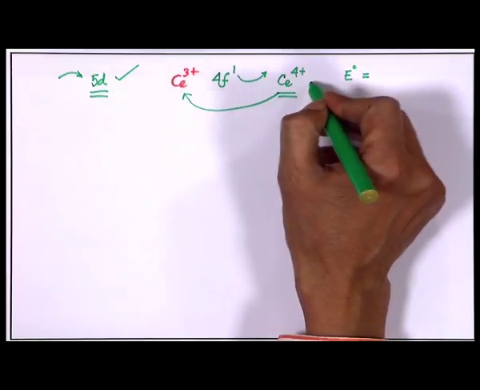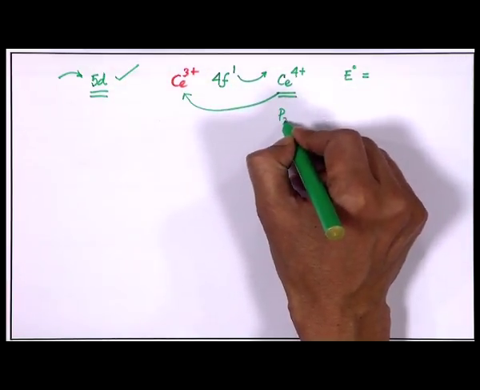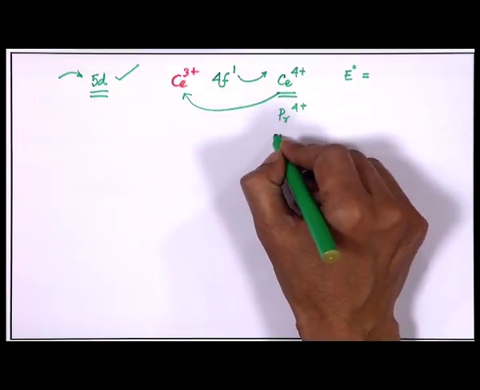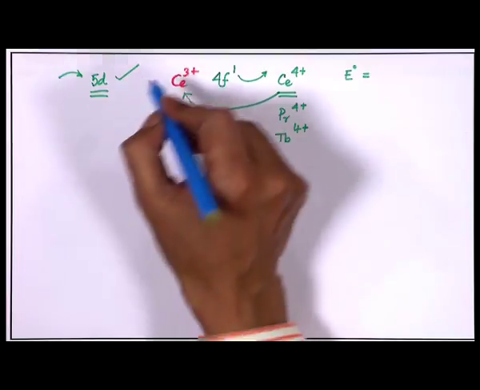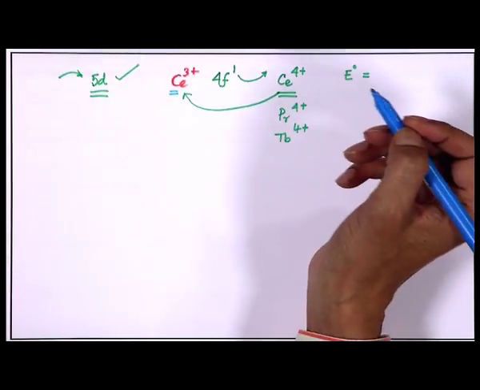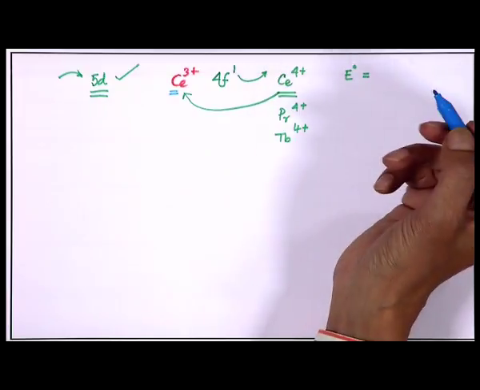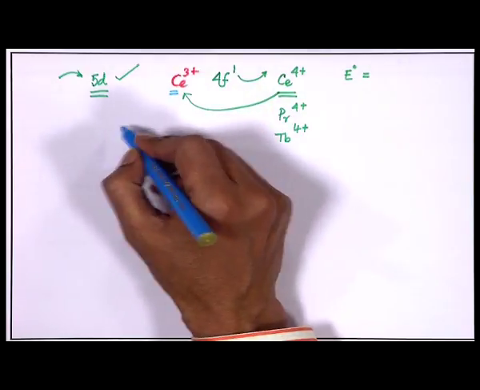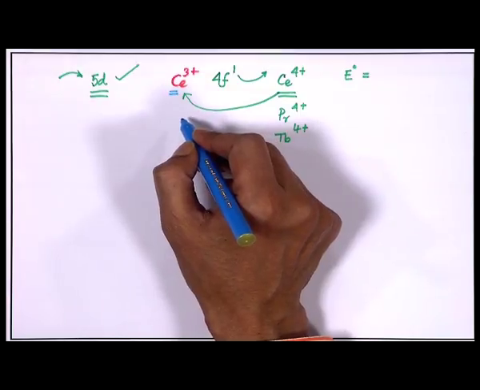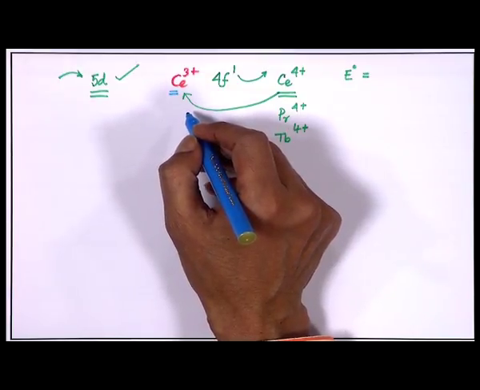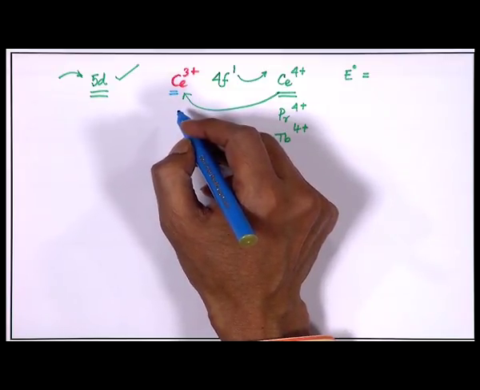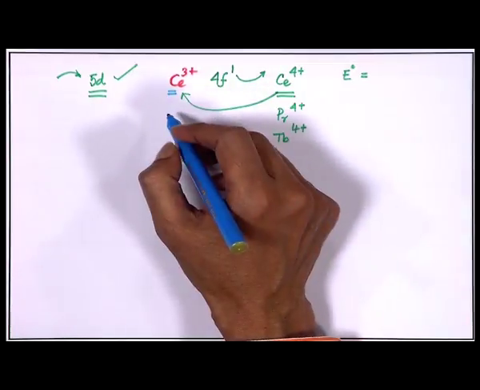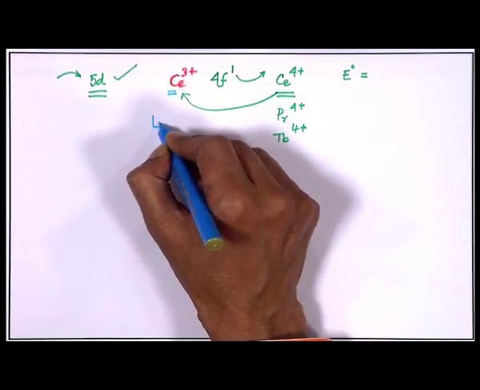So, along with cerium, we can get cerium 4 plus, promethium we can get as promethium 4 plus, and terbium we can get as terbium 4 plus, that we have just discussed. So, if this is the most common oxidation state, like what we get for iron, the hematite and magnetite, we know that either plus 2 or plus 3 oxidation state is stable. So, naturally we also obtain that species in the corresponding oxidation state for the oxide, for the sulfide and all these things. But for these rare earth elements, it is one such case where Ln will be attached to